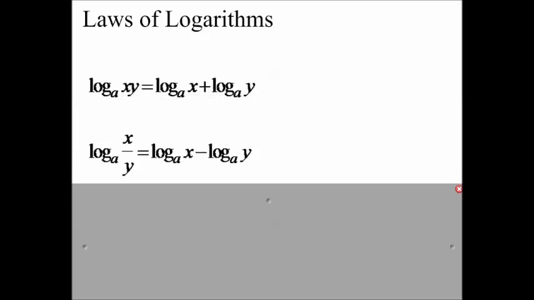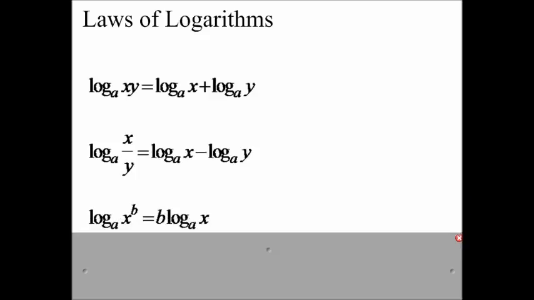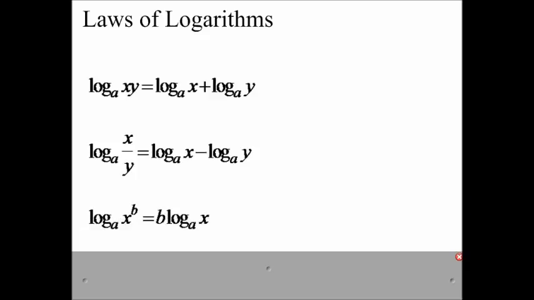Hello, today we're going to learn the laws of logs. We have the logarithm of a product, the logarithm of a quotient, x divided by y, and the logarithm of a power, some argument to a power here. And we want to think about it a little bit in terms of what we did with our